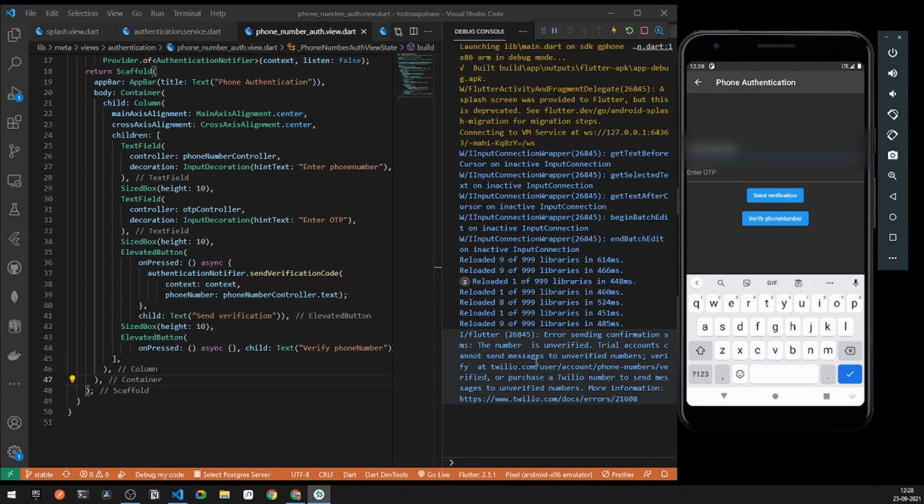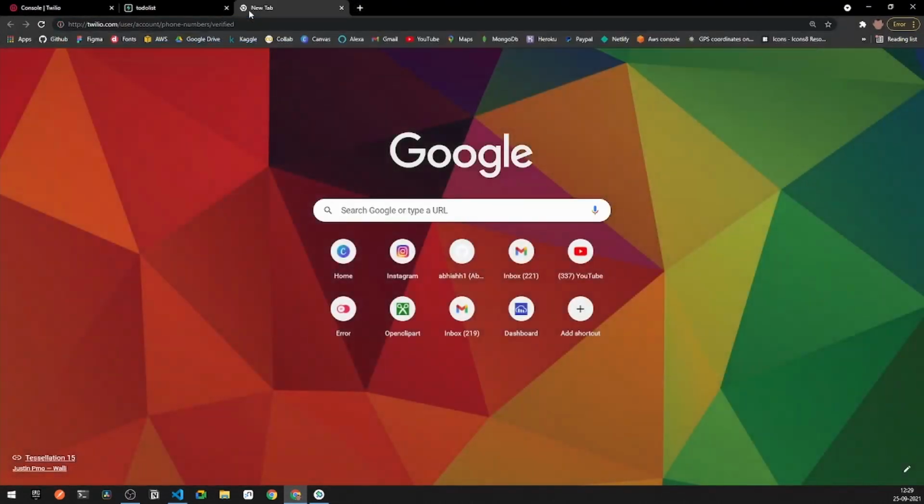Now what is happening here? For authentication with phone number under Supabase, we need to have a paid account, that is a purchased account at Twilio. Now I don't have any purchased account, but in case you are using any production application, you should be using a purchase account. But instead of having the purchase account, what we can do, we can go to the following URL, and I can simply paste it here. And we can register a new number for our demo purpose.